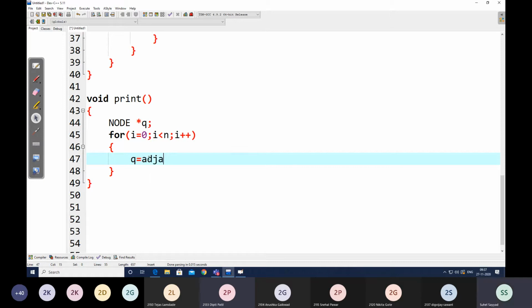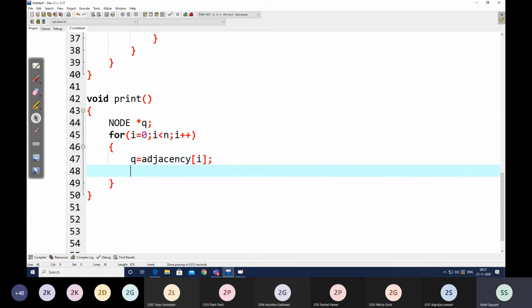This initial value will be adjacency of i. Why? Because now I am labeling my start as adjacency of i. Correct? I am labeling my initial value of start as adjacency of i.